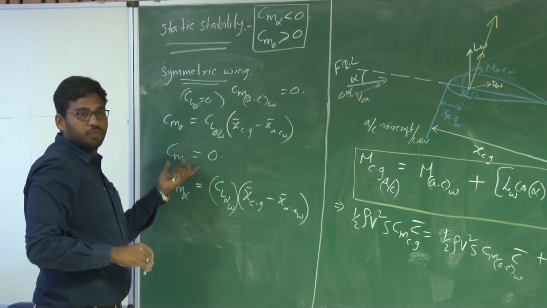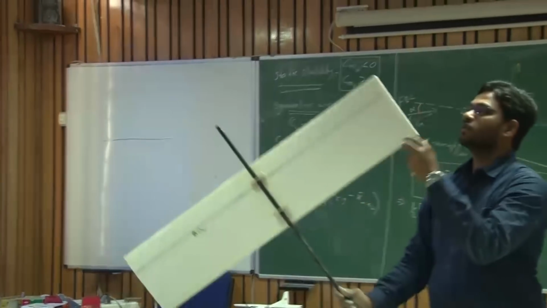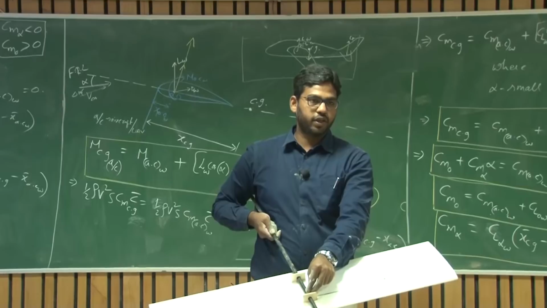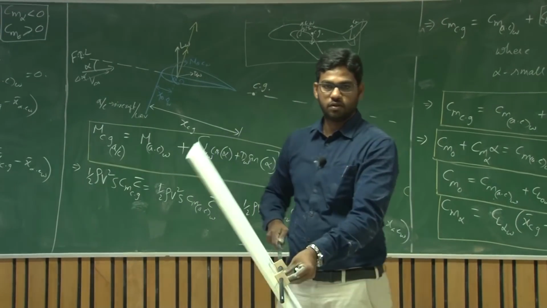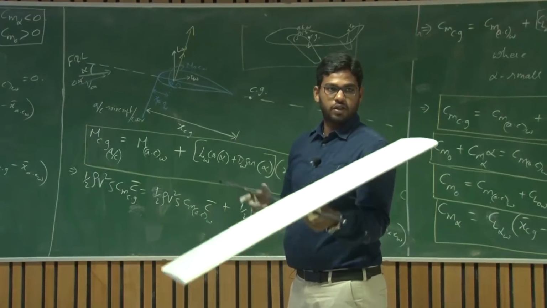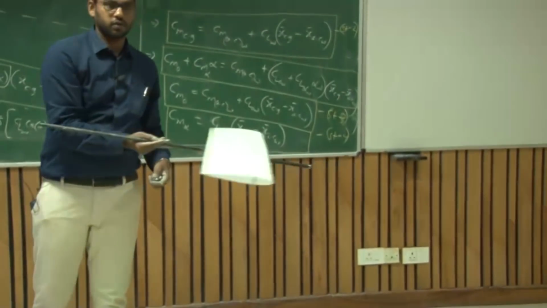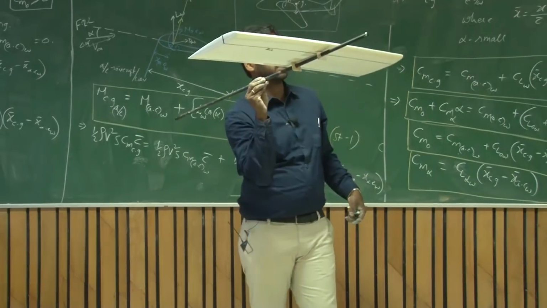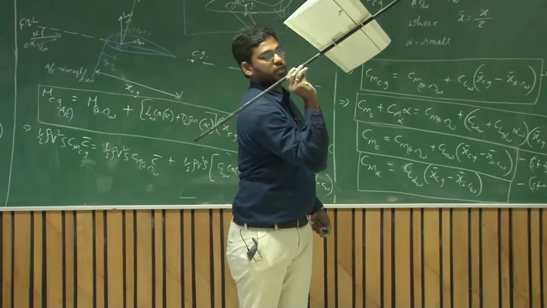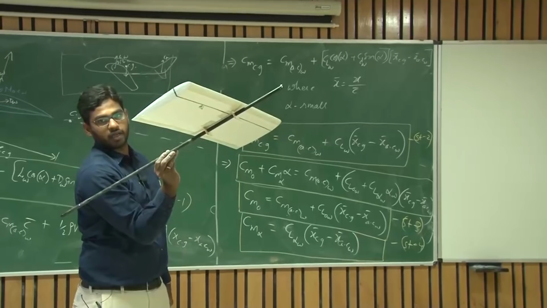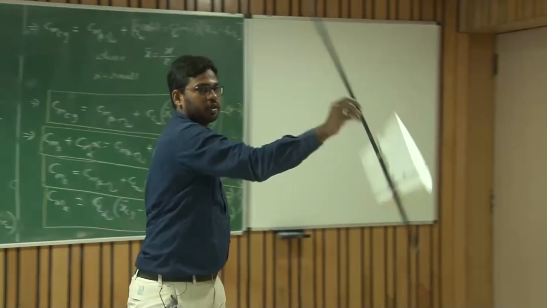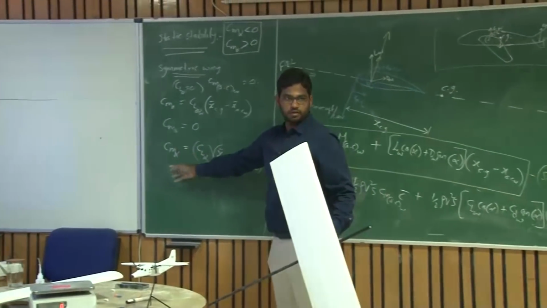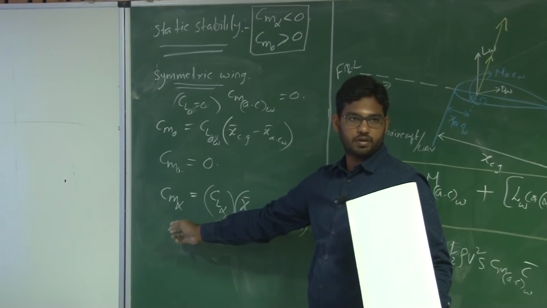But again, you can't fly at a positive angle of attack for this wing with a symmetric profile. In one case I try to bring the CG to the aerodynamic center, right? So in that case, it is continuously dipping down. When I make it a bit ahead and give a certain angle of attack during the flight, that means I am throwing it horizontally but orienting it at a particular angle, then it will glide to a certain extent. After that it will try to, yeah, because as the angle of attack changes, you have a negative moment here. With the increase in angle of attack, you have negative.